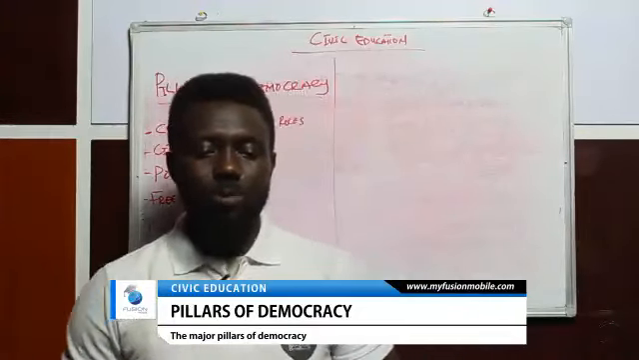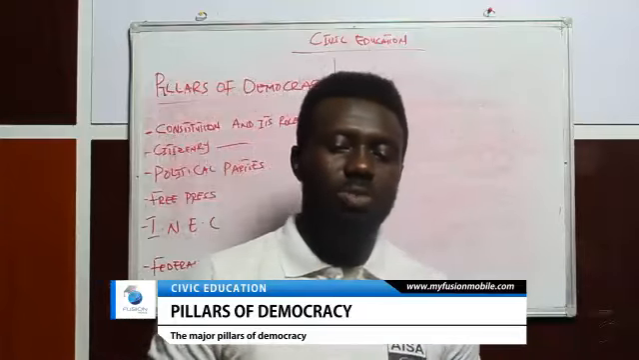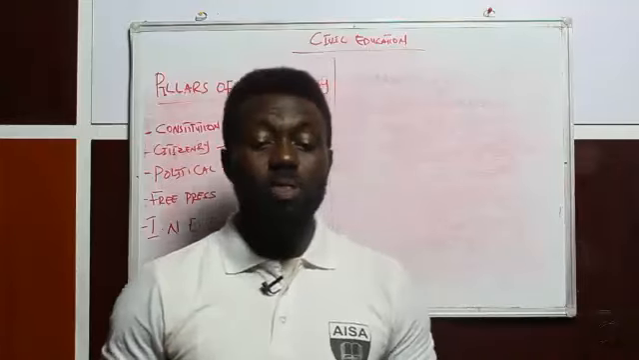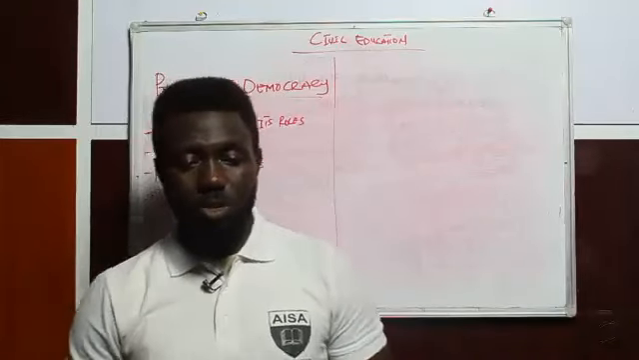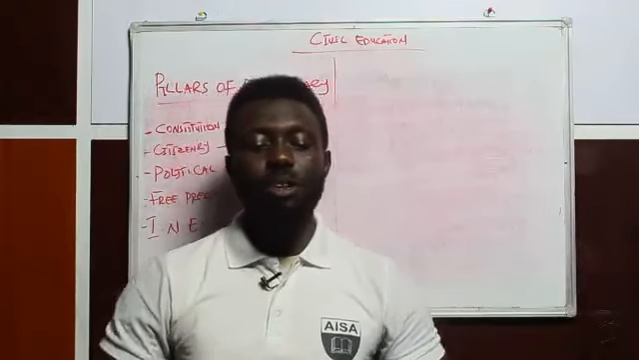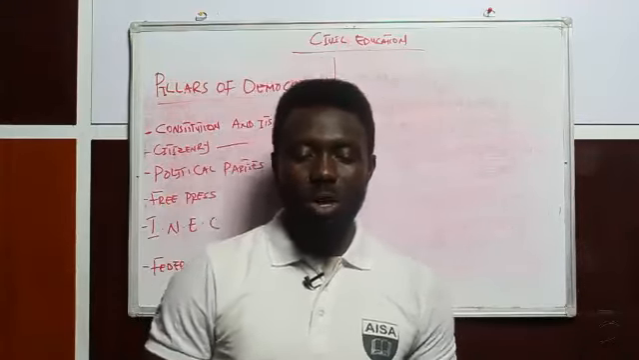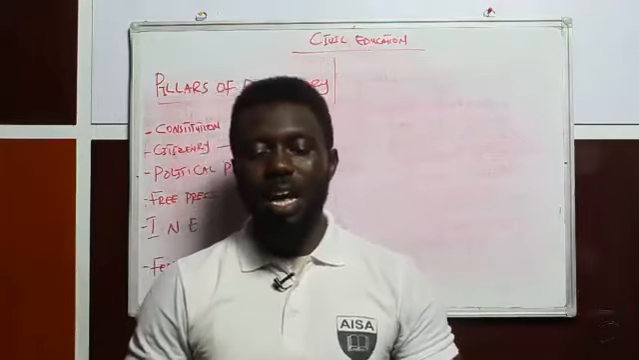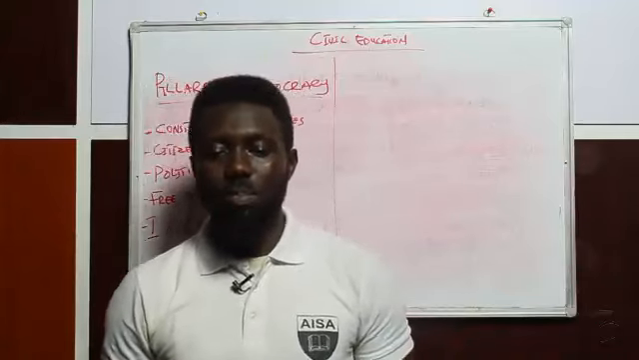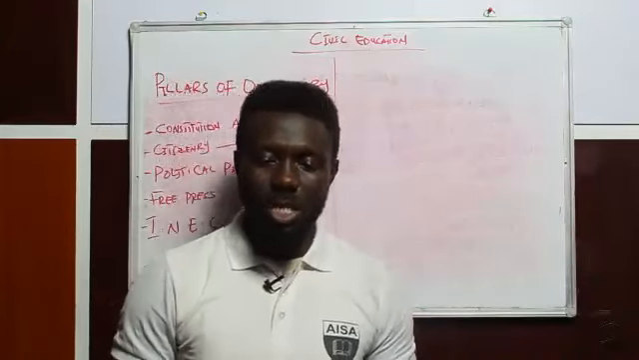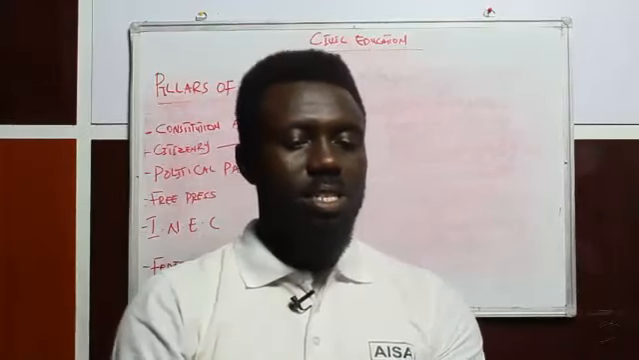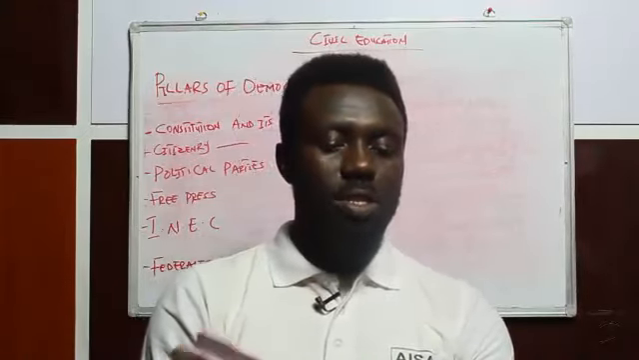Well, put it at the back of your mind, these roles go hand in hand with responsibilities and expectations. Some of these responsibilities, or some of the roles citizens play as pillars of democracy, are: number 1, obedience to the law; number 2, payment of taxes and rates; number 3, participation in political process; number 4, maintenance of peace and unity; number 5, loyalty and patriotism; number 6, respect for the rights of others;